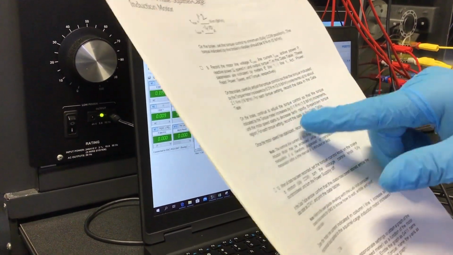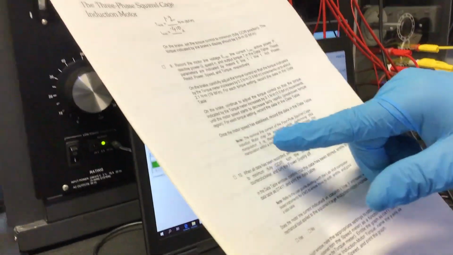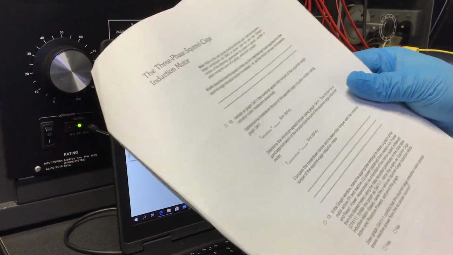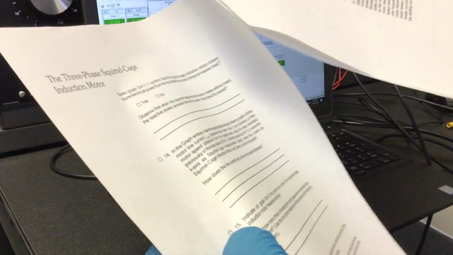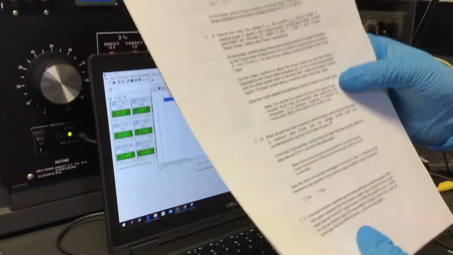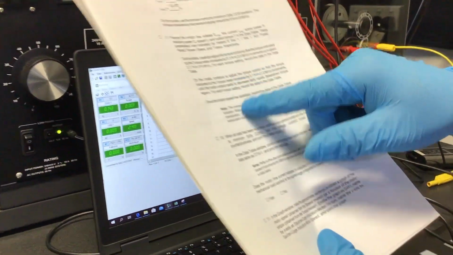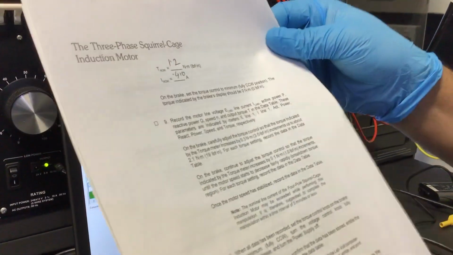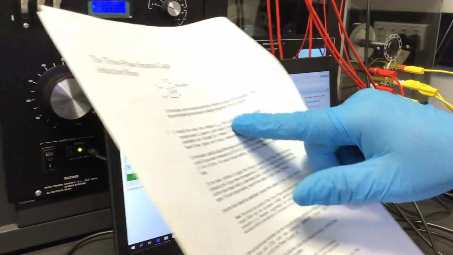This is 9B. For 9B you have to use the table data to answer questions 10, 11, 12, 13, 14, 15, up to 15. So now we will record the data for this one.